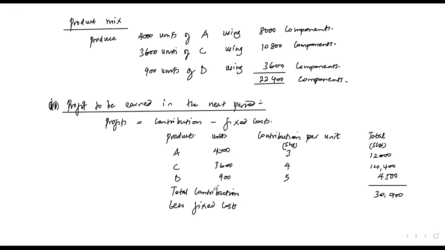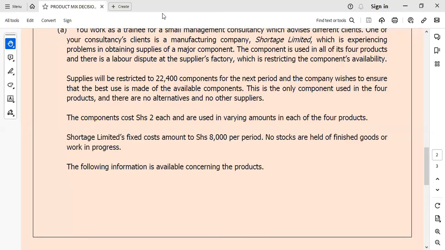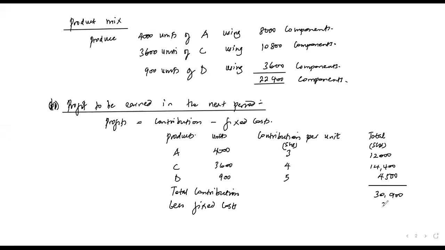I'll list the fixed costs. How much are the fixed costs for the period? Let's try to find that out from the question. The fixed cost, we have 8,000 per period. So I'll say fixed costs, we have